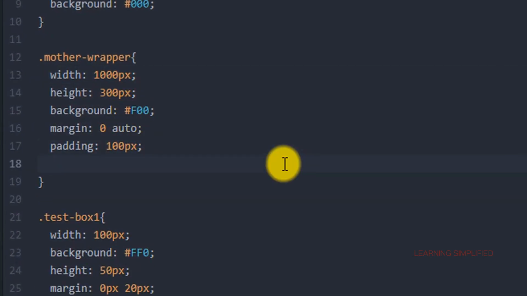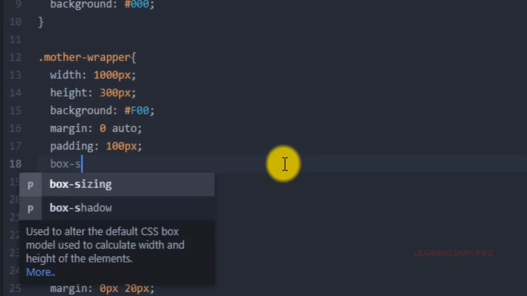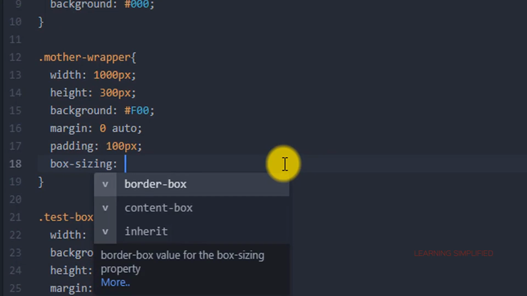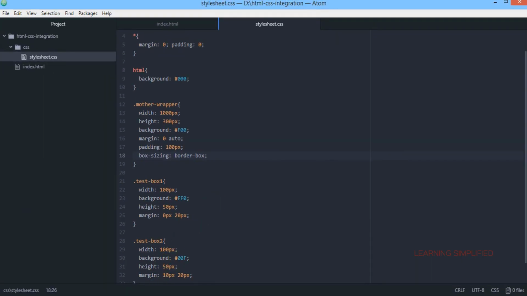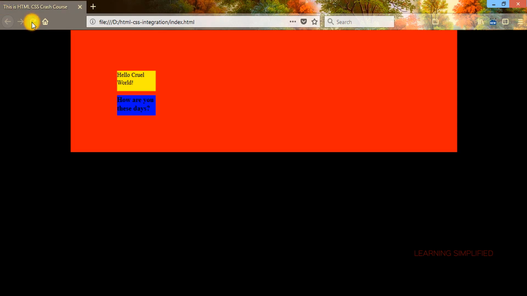Now all we have to do, we have to provide here another particular property which is border box. So if we just get back to our project and reload, now we can see that the original 1000 pixels container has retained its position, its width, the actual width that had been provided in the previous case, but the padding thing is remaining constant.